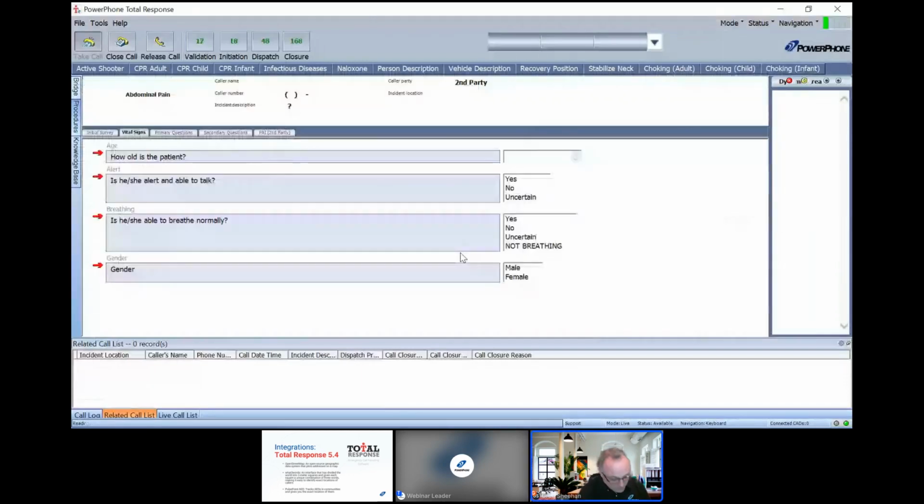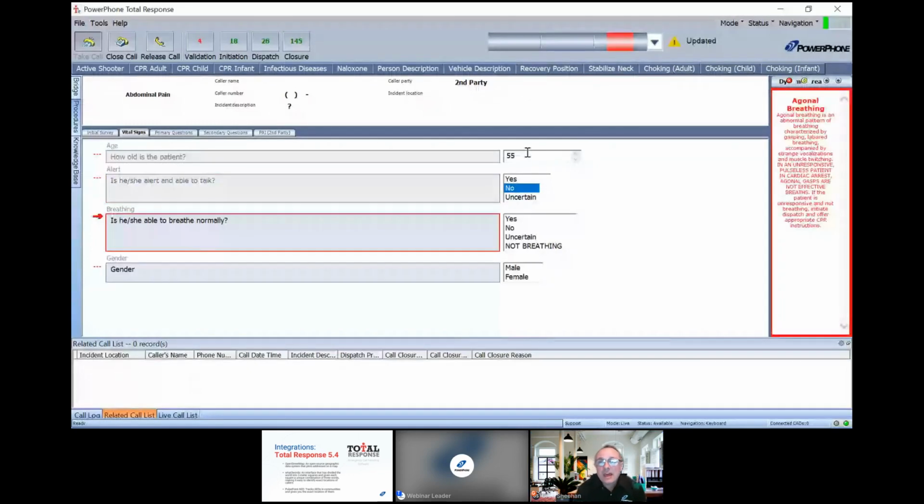So in the response advisor, and if you've used Total Response for any amount of time, as I start entering information on a call, so if I have a patient who's 55 years old and is having abdominal pain, if I start entering certain information, for example, if I say the caller is not alert and able to talk,